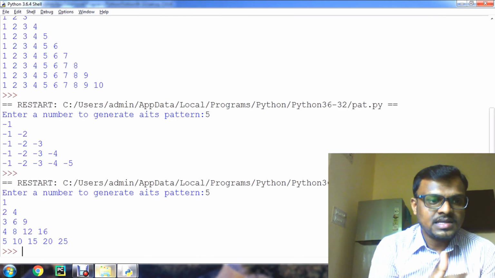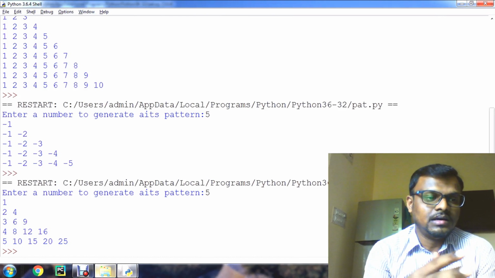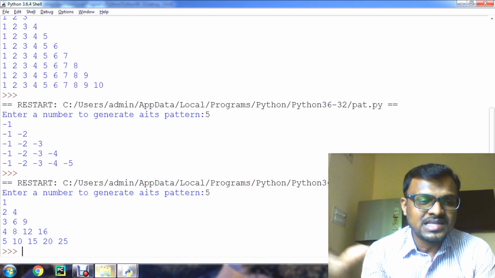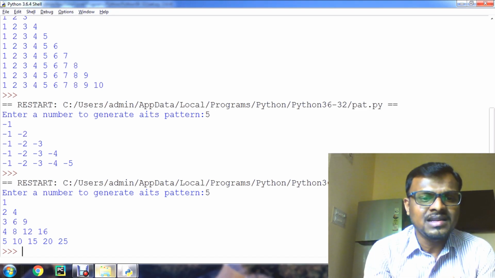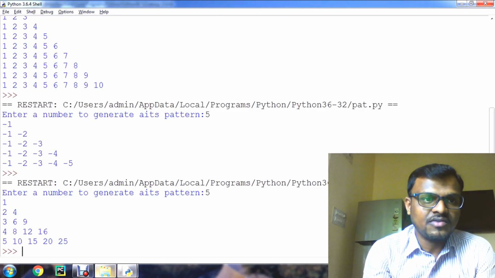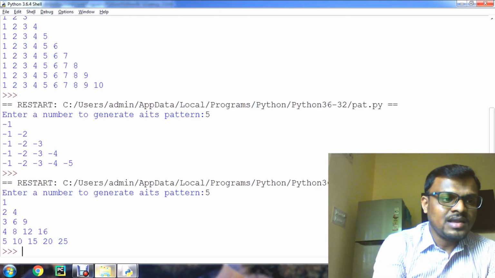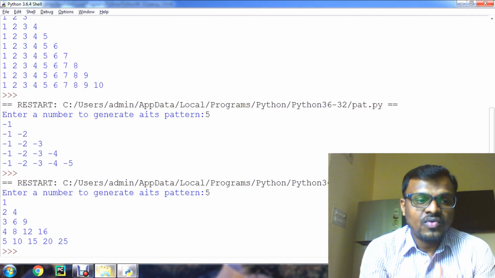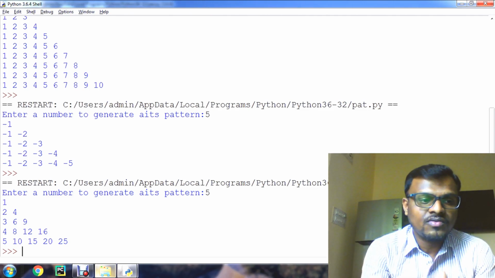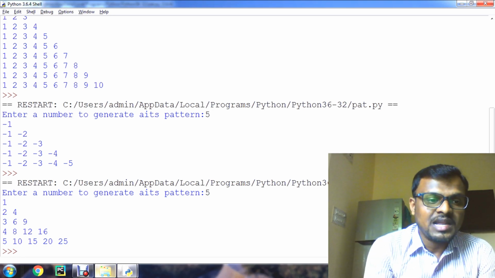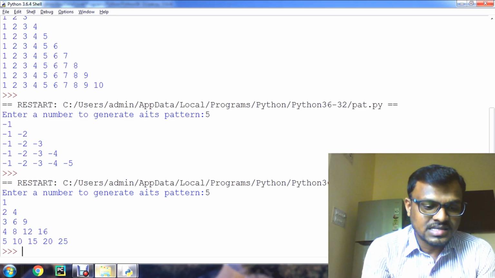For 5, see, it is coming as multiples of the number. Whenever you want to print tables in the form of a pattern, you can use this code, i into j instead of only j. See here: 1, 2 4, 3 6 9, that is the multiple of 3, 4 8 12 16, multiple of 4, 5 10 15 20 25, that is multiples of 5.